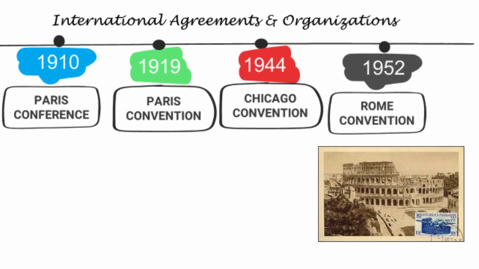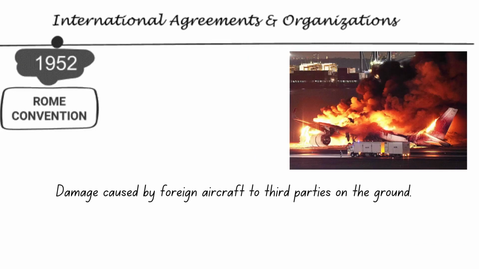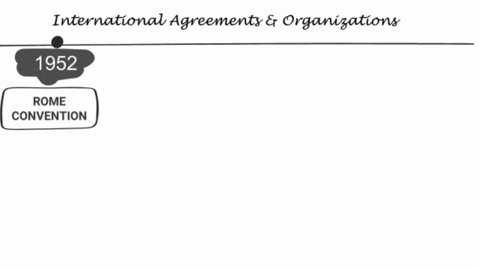The Rome Convention was developed to provide internationally harmonious arrangements to ensure adequate compensation for persons who suffer damage caused on the ground by foreign aircraft, while limiting the extent of the liabilities incurred for such damage in order not to hinder the development of international civil air transport. The primary purpose of the Rome Convention of 1952 is to provide compensation for surface damage caused by foreign aircraft.